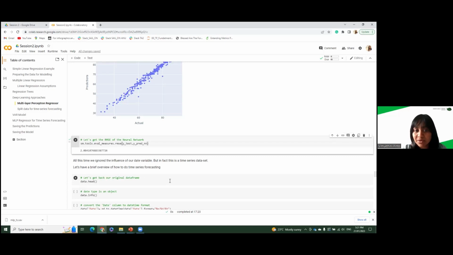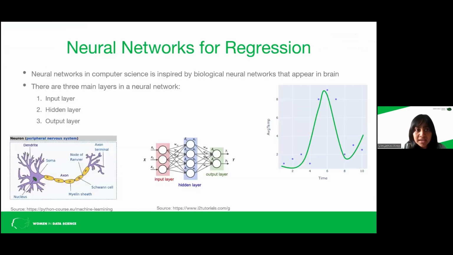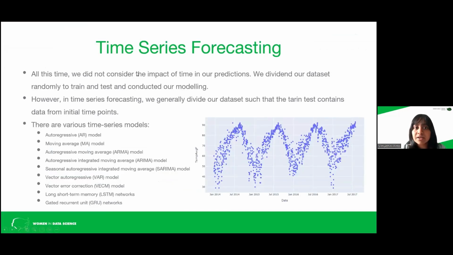This data variable is all about. So let's see what time series forecasting is. So maybe in this data set, what we actually need to predict is not something that we randomly select